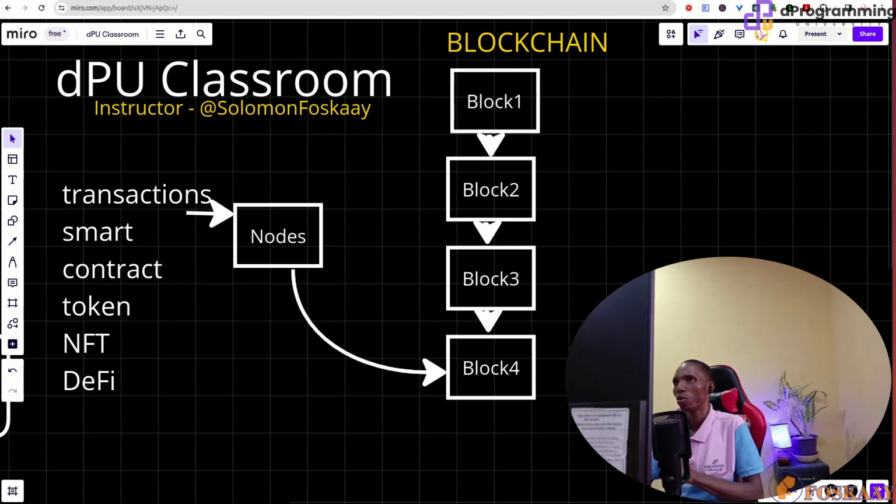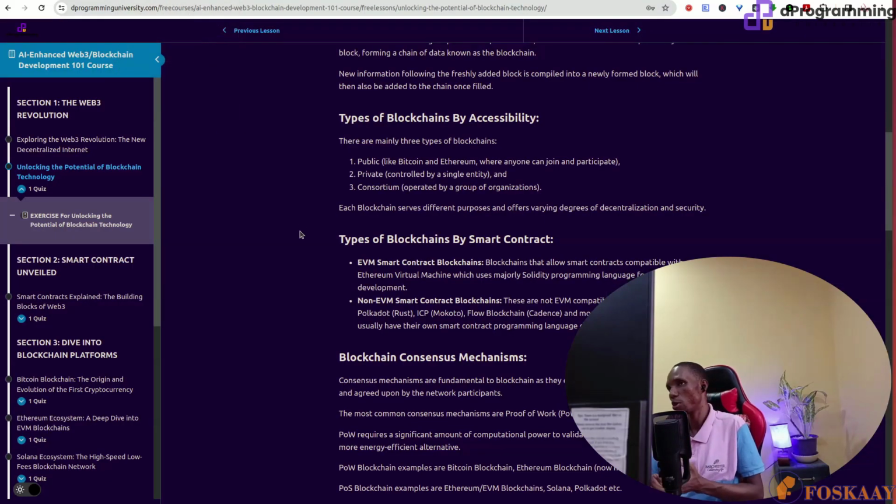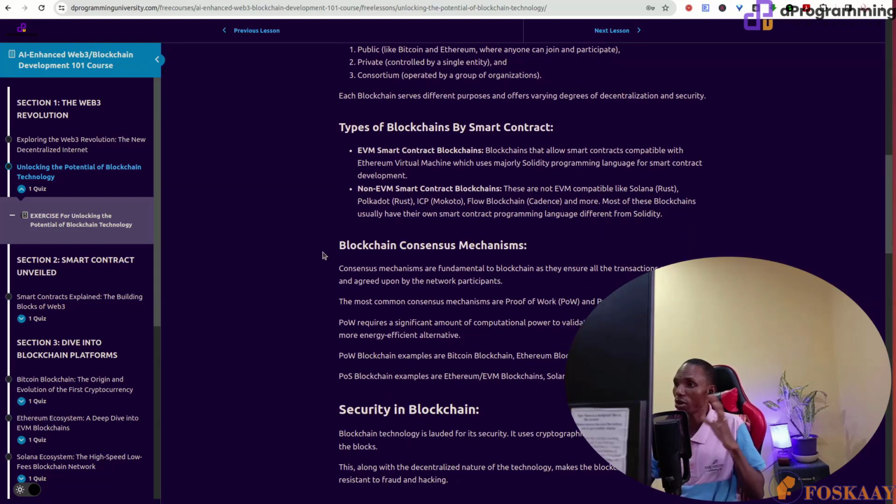But there are some that are private blockchains. Those are not usually popular. They came after the public ones, for specific organizations to use blockchain without risking the issue of getting their users' data exposed publicly. And also the consortium, operated by a group of organizations. So each of them serves its own purpose.